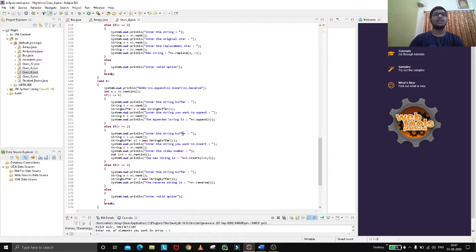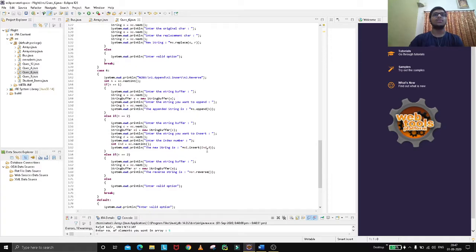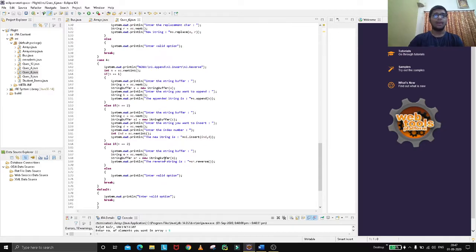Then for insert, it will insert at any index. If you provide Delhi and you need to put another alphabet in between, insert will give another alphabet in the middle of the given string. Now for reversing, we have a function reverse.